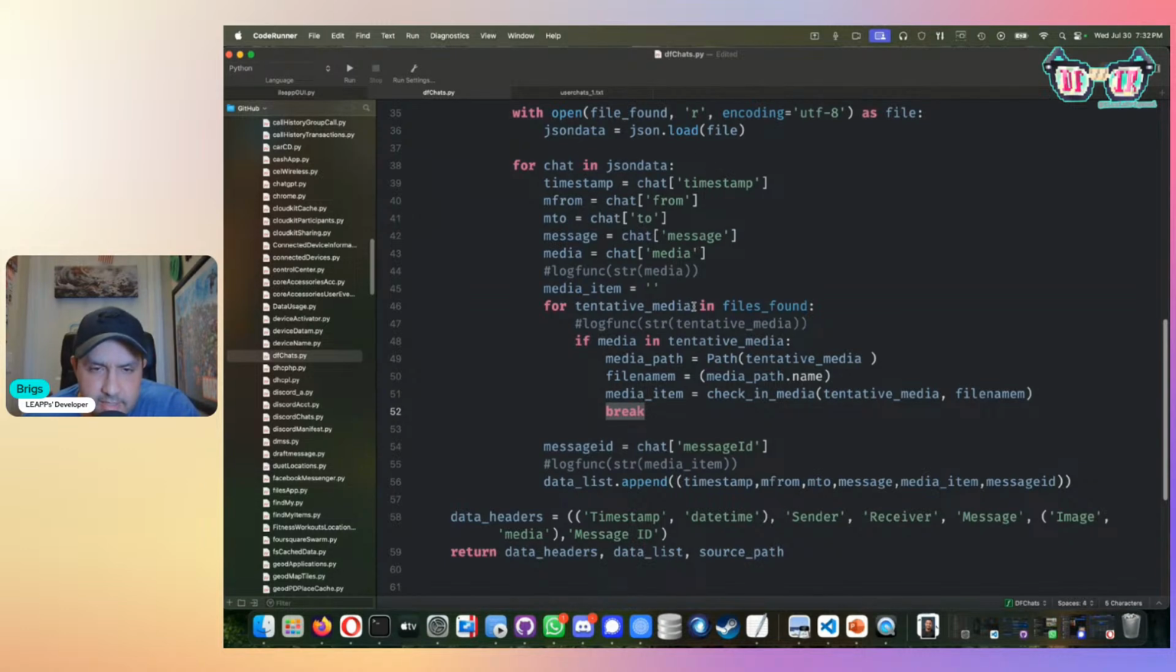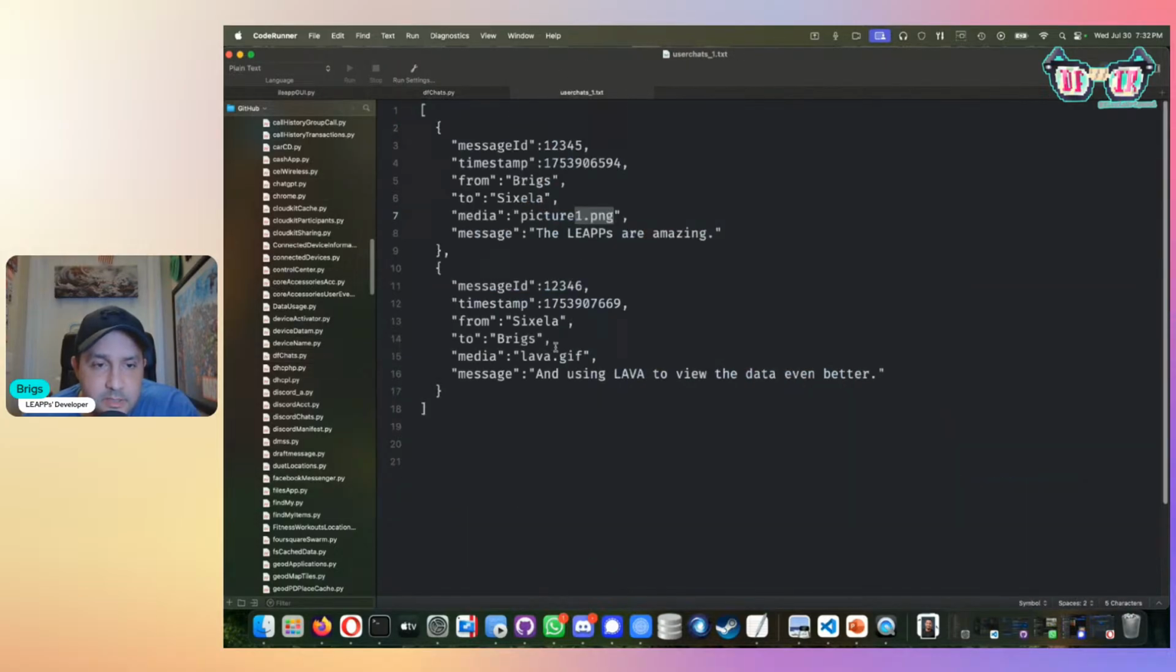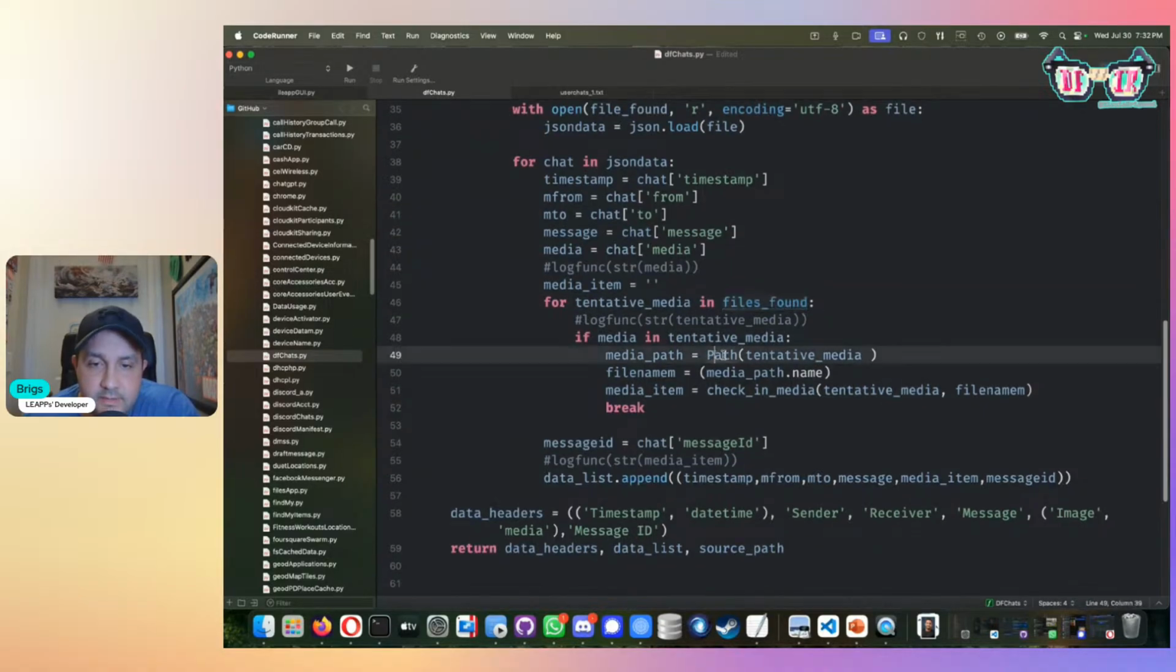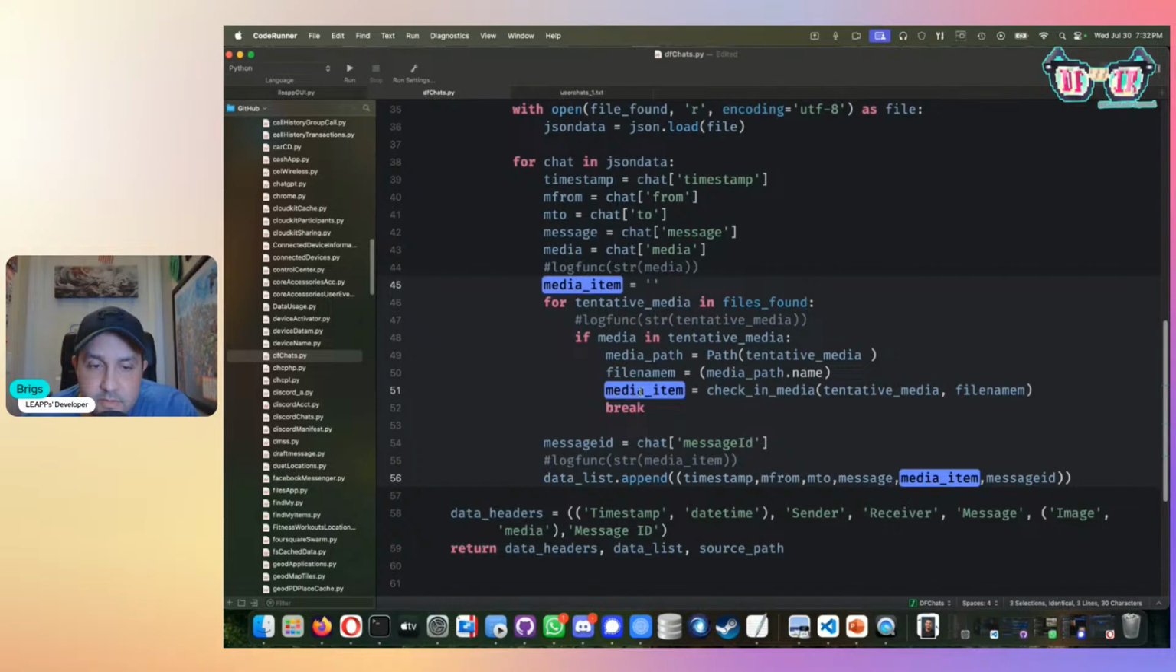It looks for that indicator, the media indicator. For the second one, it's going to be lava.gif. The moment it finds the path that's responsive in files found, it's going to generate a path object. It's going to pull out the file name. You're going to give those two to the function, and the function will take care of everything. Just make sure that media item, as you can see here, is mentioned down here, but you put it down